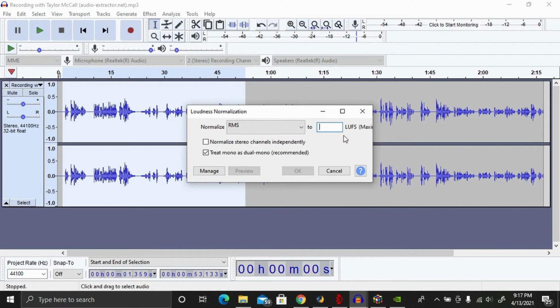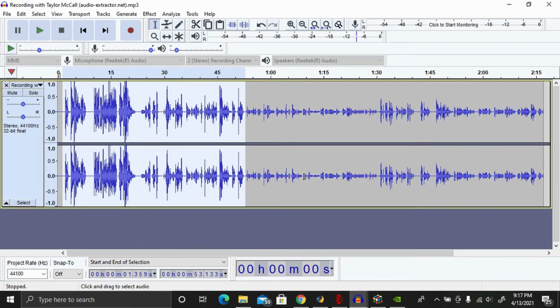I tried using this one a few times, and as you can see, it does increase the level of the audio recording. However, I learned more recently that that's not my go-to method,